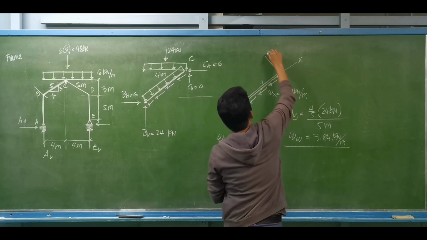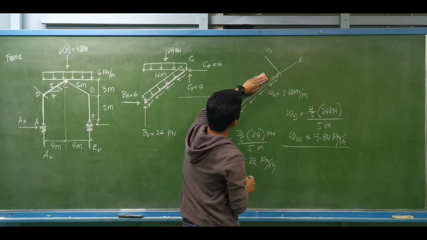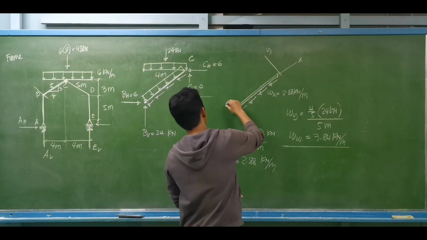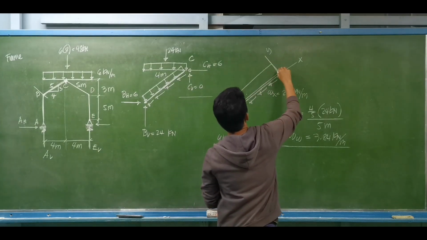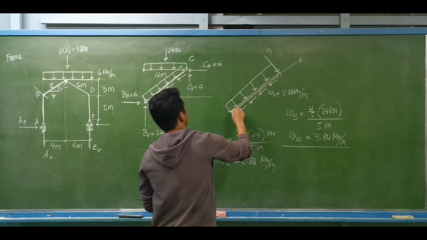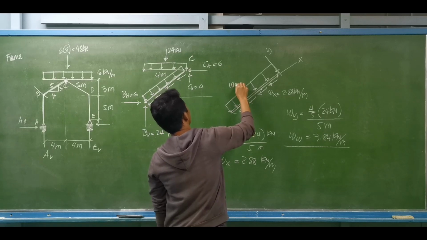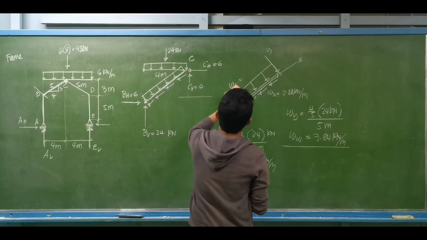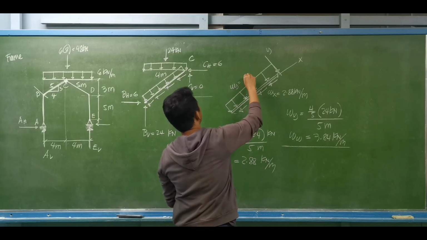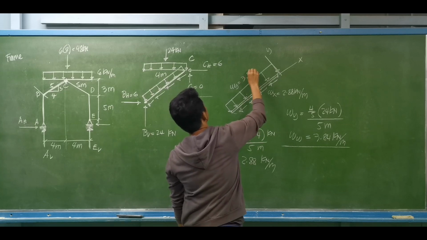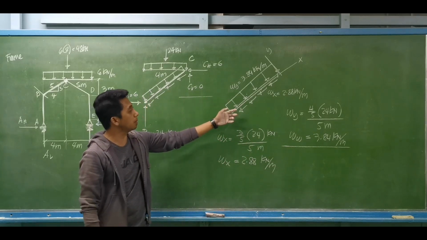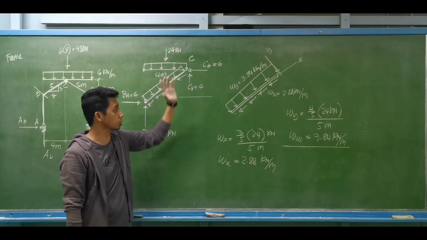So again, this is our y-axis. Ito naman yung x. So, we have now the uniformly distributed axial load, 2.88 kilonewton meter. Tapos, yung equivalent naman na perpendicular sa member. So this is the omega sub y. So omega sub y is equal to 3.84 kilonewtons per meter. So after setting those equivalent load of that 6 kilonewton per meter, so pwede natin gawin